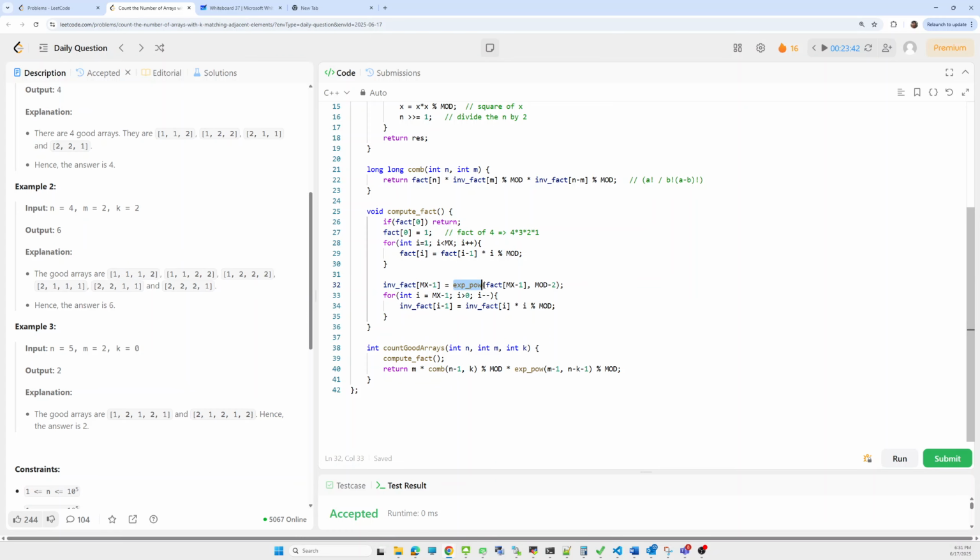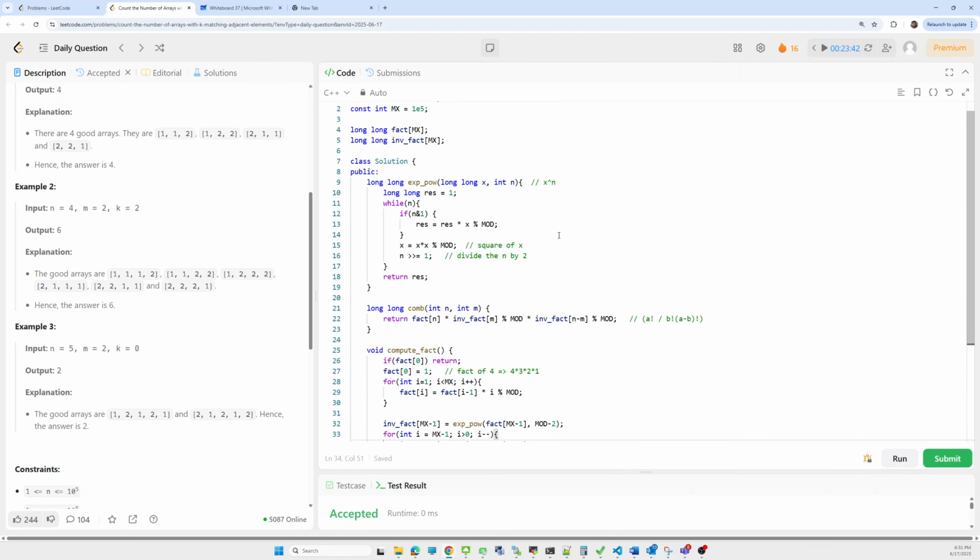We'll take the exponentiation power of this factorial by mod minus 2, which will give me the inverse factorial of the maximum value. Now in decreasing order I have to update our inverse factorial. The inverse factorial of i minus 1 will be inverse factorial of i times i. We just have to do multiplication.